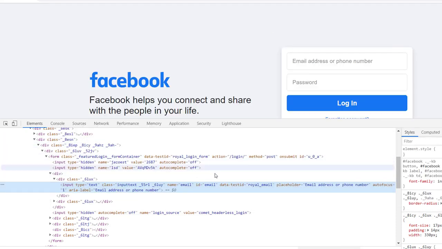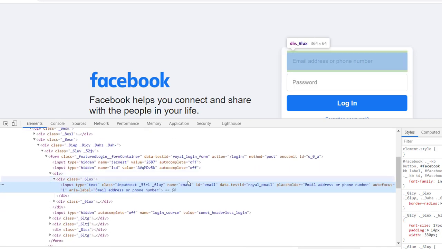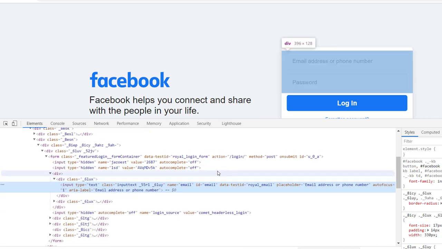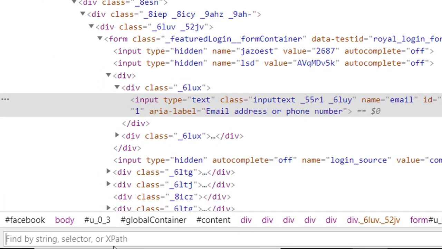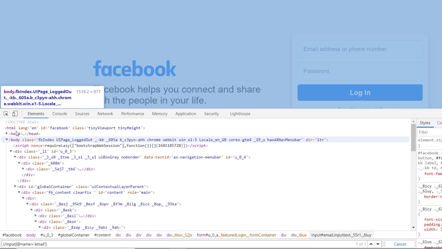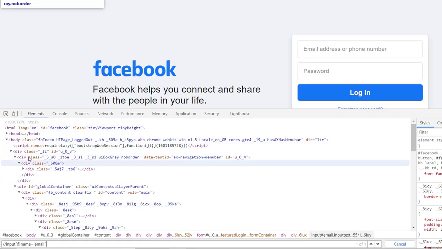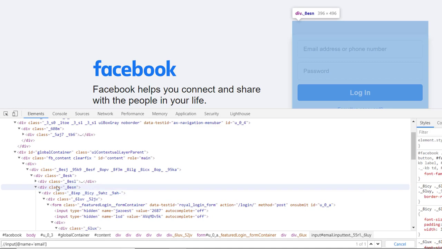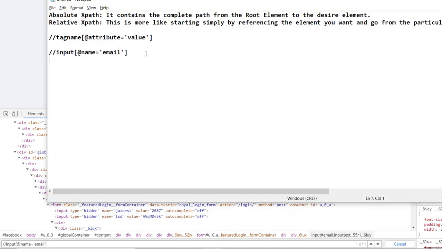Let me show you on the web page. You can just simply press Control F. This will open this small input box in here, and you can put your XPath in here and see the XPath we have created using our syntax. It is locating in here, and this is a relative XPath because it is directly locating this input tag. We are not coming through the HTML tag and then traversing the DOM through each and every element. So this is the basic relative XPath.